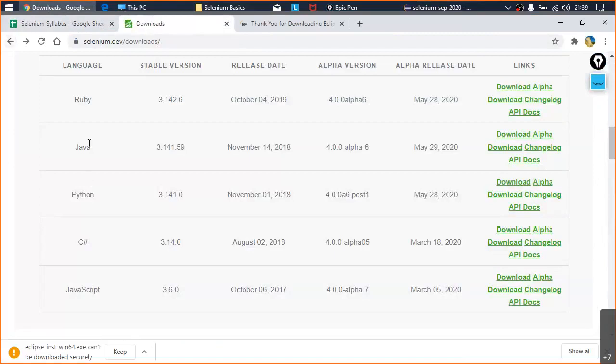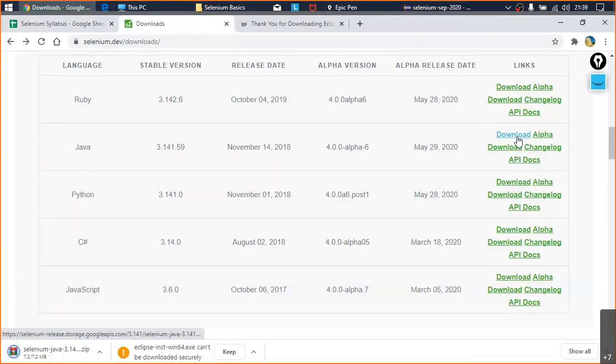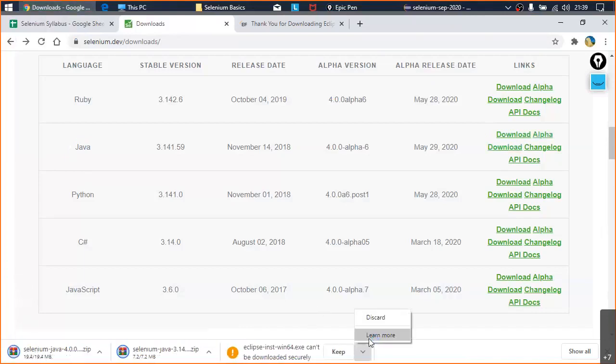For Java, right? You can see there are links, there is a download, and there is an alpha download. We will be downloading this particular file that is 3.141.59, which is stable. And apart from this, we will also be downloading this alpha file. Why am I downloading both of these files? Not anything specifically. The thing is that